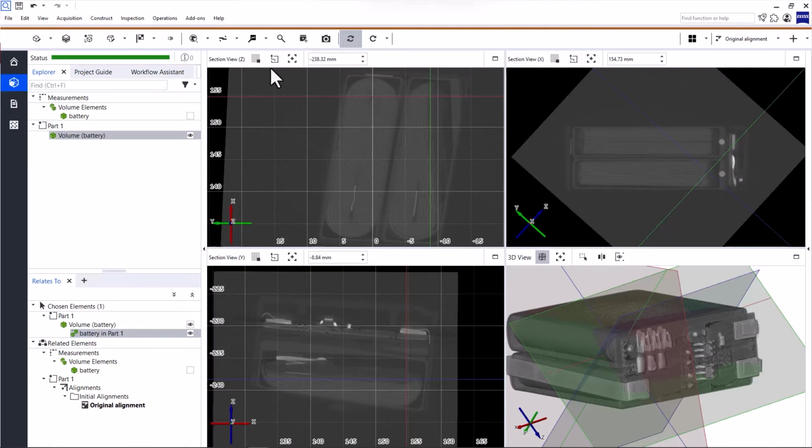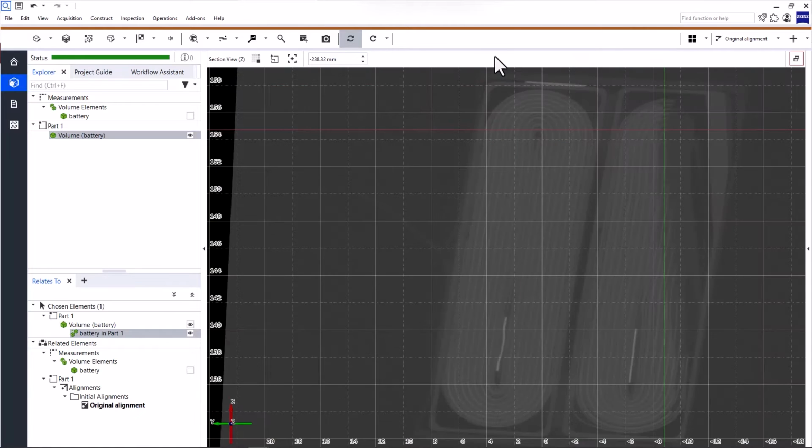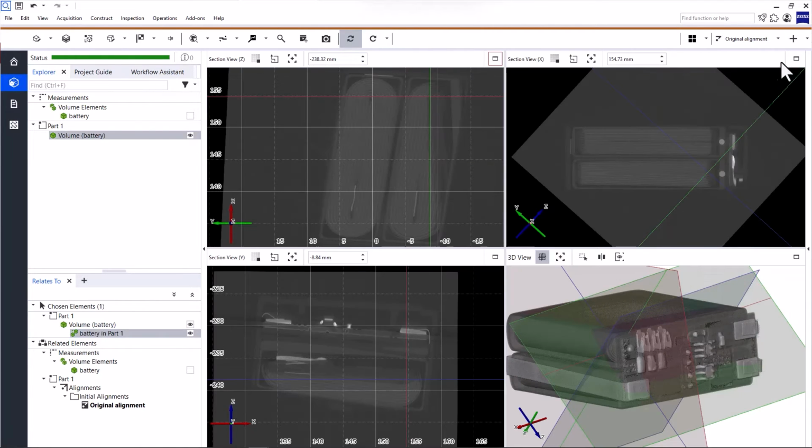If you watched the video Zeiss Inspect X-Ray user interface, most of this will sound familiar, but let's quickly go through the basics. To take a closer look at any one quadrant, you can maximize it and minimize it again. If you take a closer look at the 3D view, you'll notice the section planes X, Y, and Z. They show you which parts of the volume you're currently visualizing in 2D.